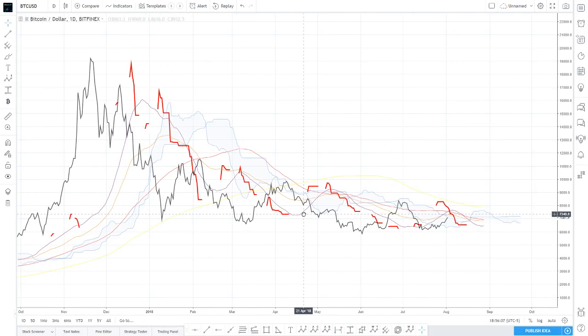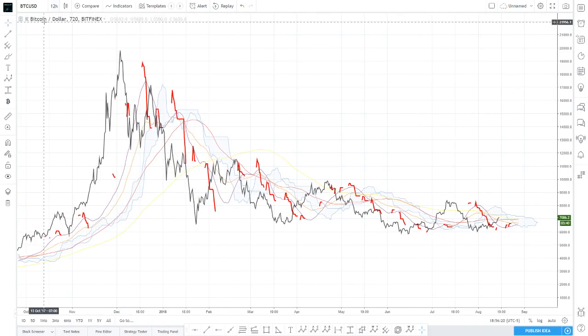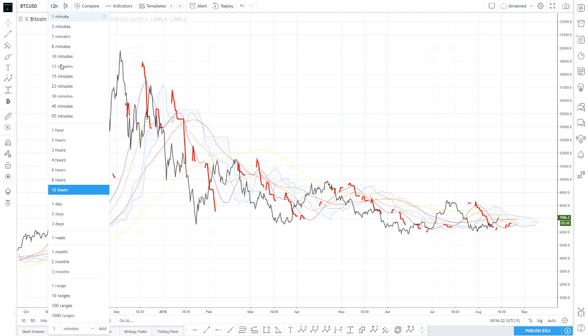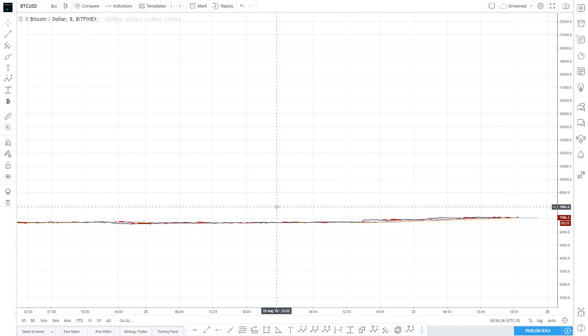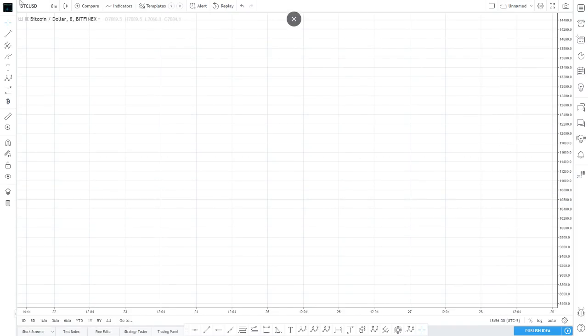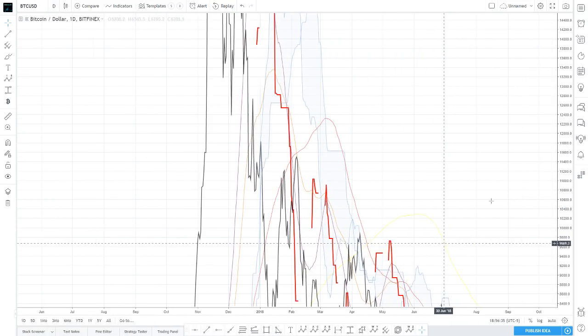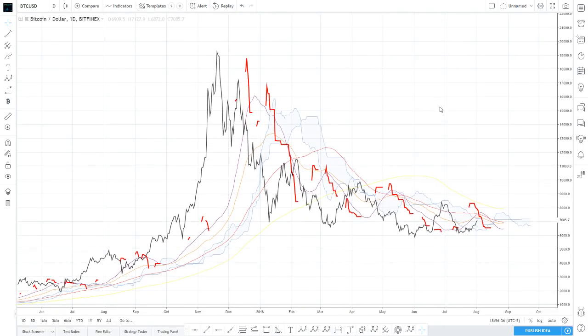So this is what it looks like. It might take a minute to load on your screen. I've had it on my screen before, so it shows up pretty quickly. If it takes some time to load, go ahead and change to the 12-hour or just a different time frame. You can use this on any time frame. It shows up on the 8-minute. It shows up on the 3-day or the weekly. But we're going to start on a daily time frame, and we'll drill down a little bit as we go